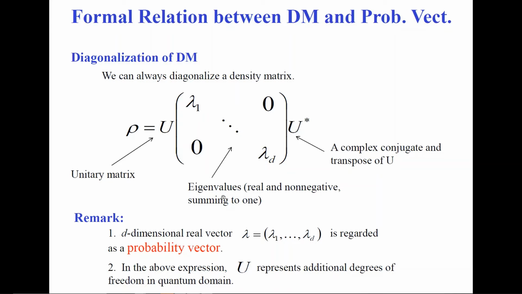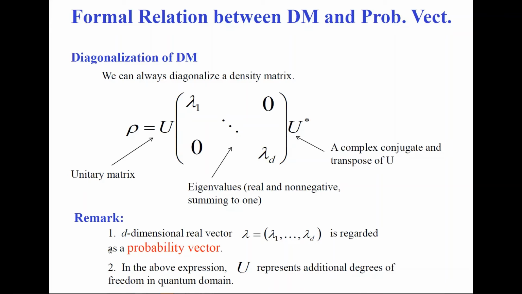They are eigenvalues, real and non-negative, and summing to 1, because of the two conditions of a density matrix. You can check this easily. And this property is very important to us